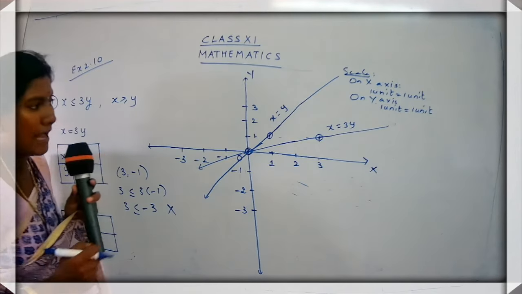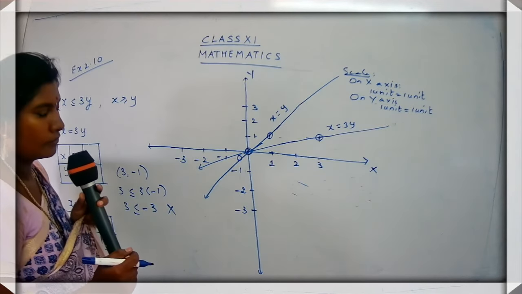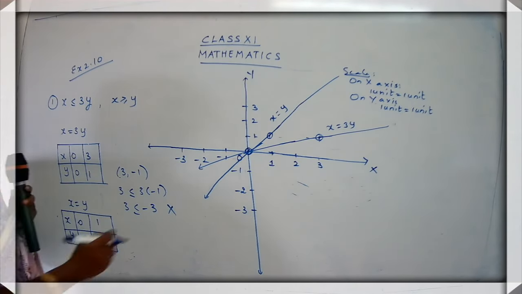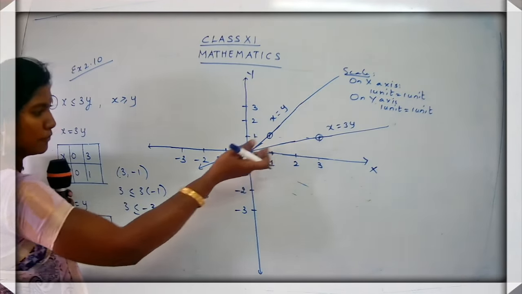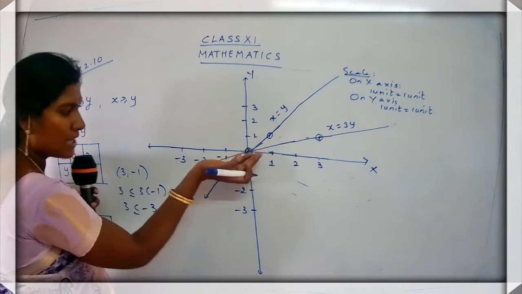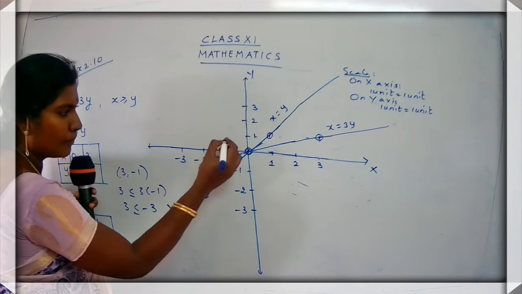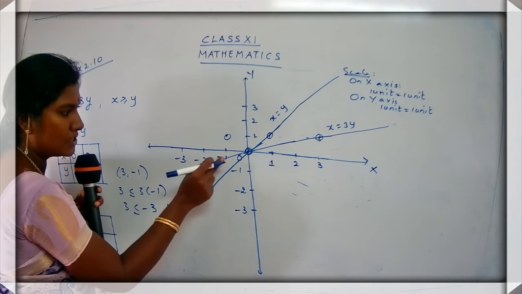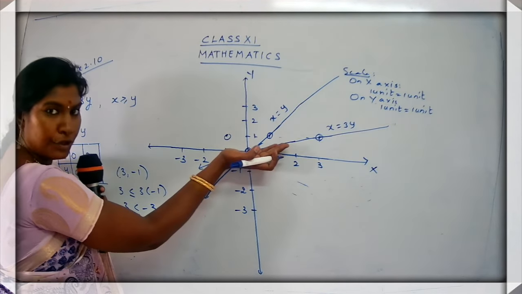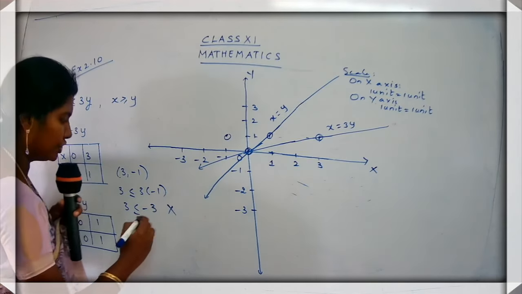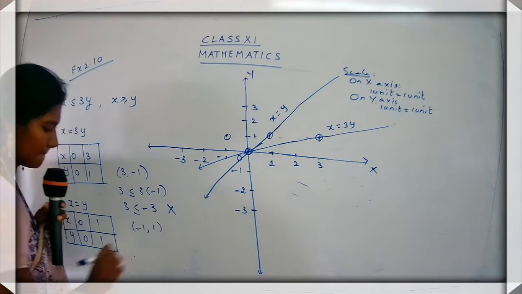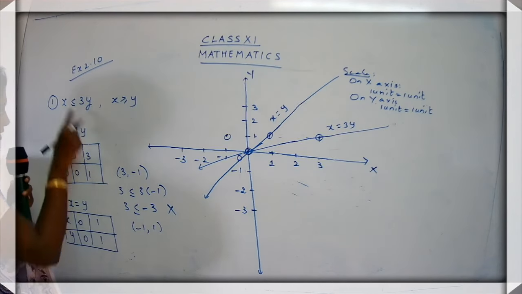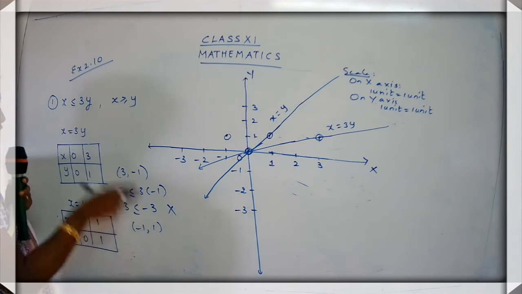What value can you choose here? What is lying above? See, this is a line. So I'm going to choose a value above this line. I'm going to choose (-1, 1). See, now (-1, 1) is above this line. Do you agree with this point? Okay, so I'm going to check for (-1, 1). Now (-1, 1) means -1 is for x and 1 is for y.